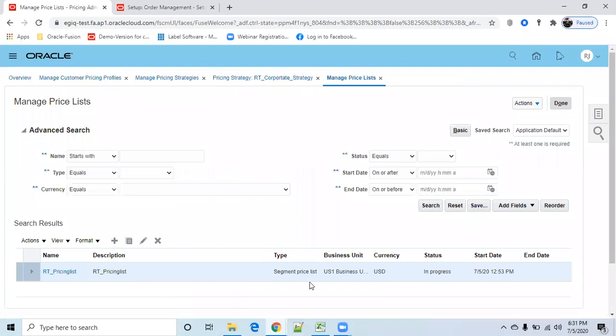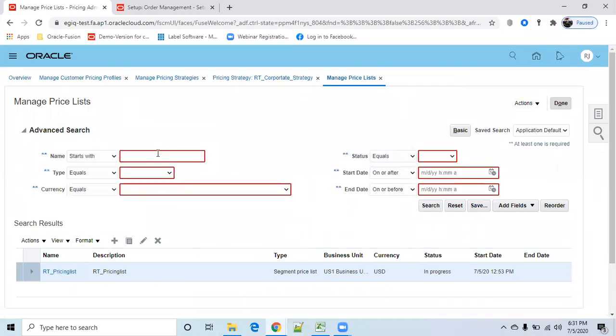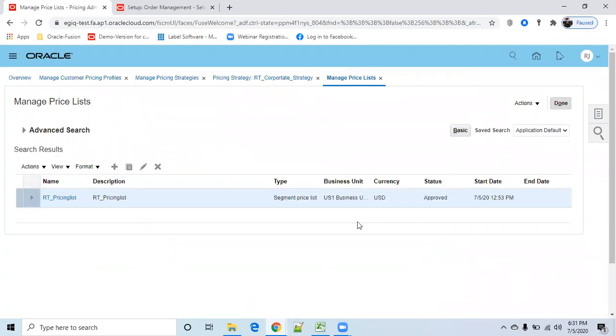Now I created one price list. Click on search. Now RT underscore, click on search. See, now your pricing list is approved. So we define the item price.